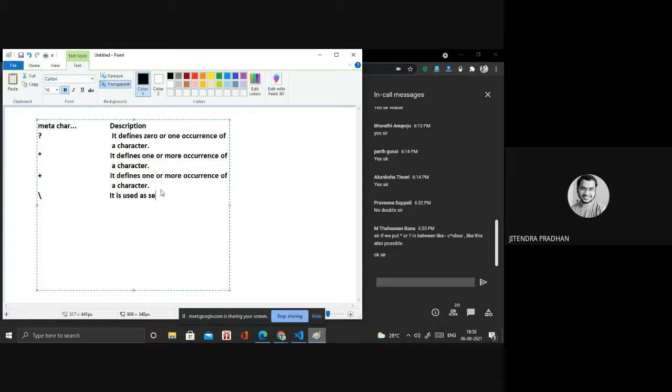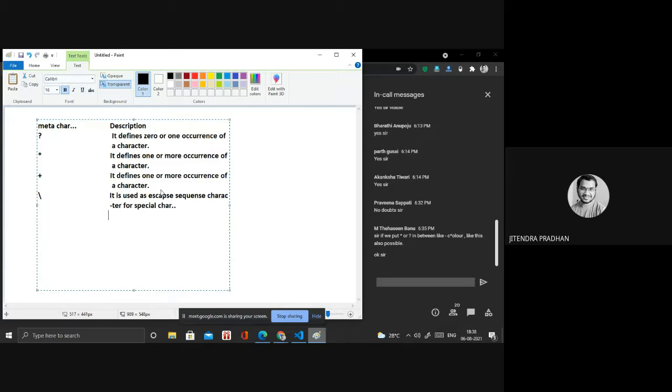The escape sequence character is used for special characters. What is an example of that?